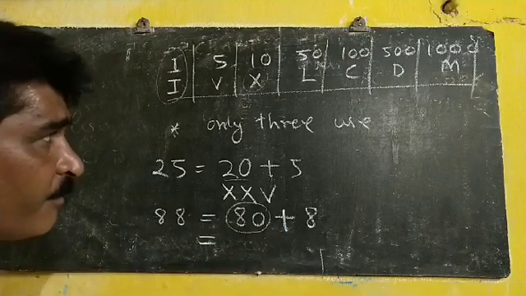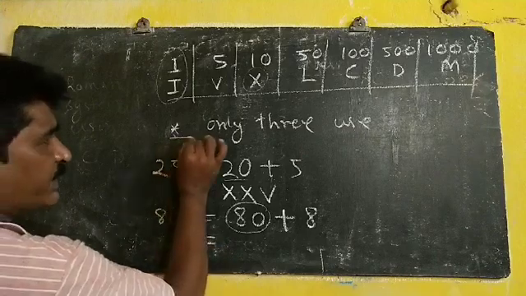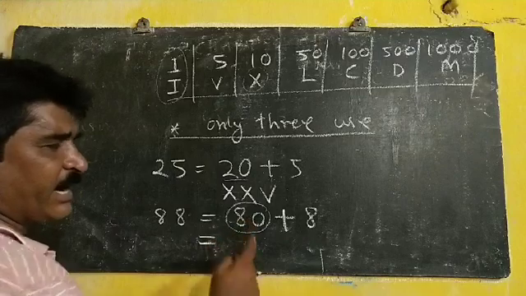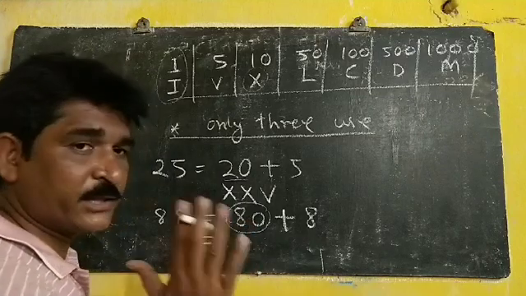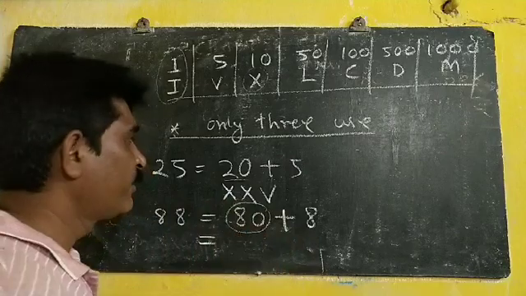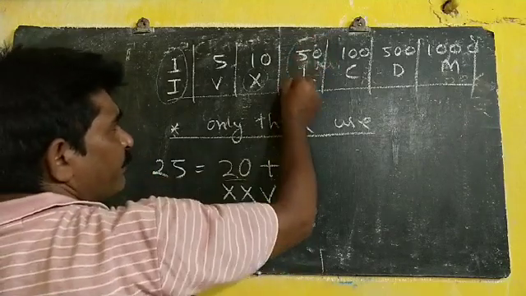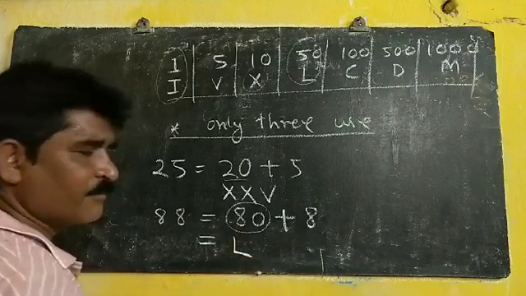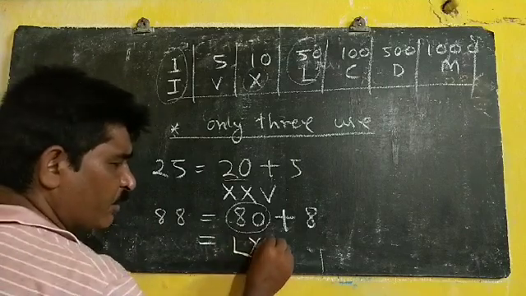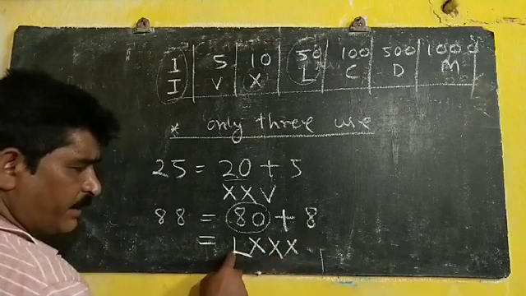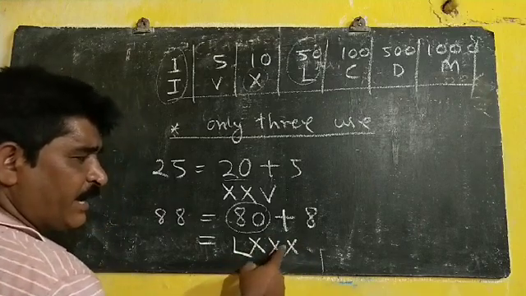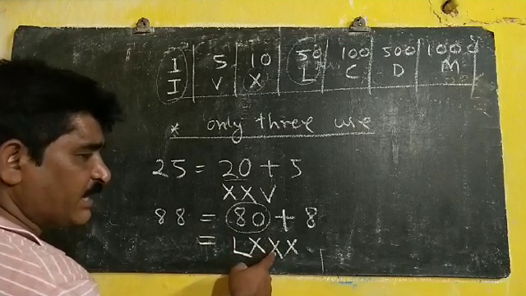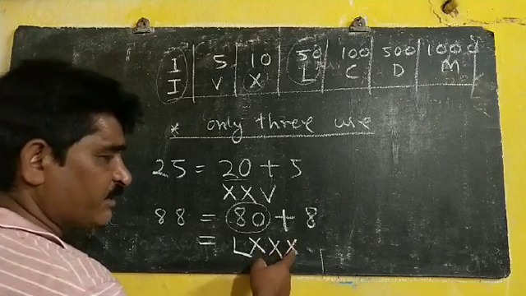80 rupees, how can you give? But one condition: I always think that only 3 of one kind you can give. 10, 10, 10, 8, can I give or what? No, because you are limited to only 3. So what to do? We can give 50 rupees. 50 rupees is L. Then 10 rupees note, 3 you can give: 50, then 60, 70, 80. L means 50, then X means 10, 60, then X means another 10, 70, X means another, so 80.